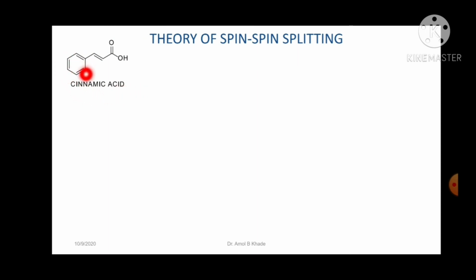So for cinnamic acid we can find there are aromatic protons, then there is a CH proton here, then one more CH proton here, and this CH proton is connected to a carboxylic acid here, and this CH proton is connected to the aromatic ring here. So this CH and this CH are in different environments because their neighbors are different. And then the OH of this carboxylic acid. So 1, 2, 3 and 4. So we are expecting 4 sets of protons or signals in an NMR spectrum.